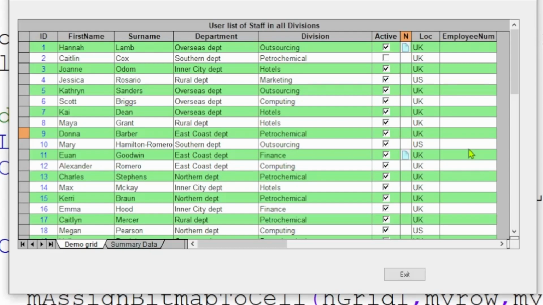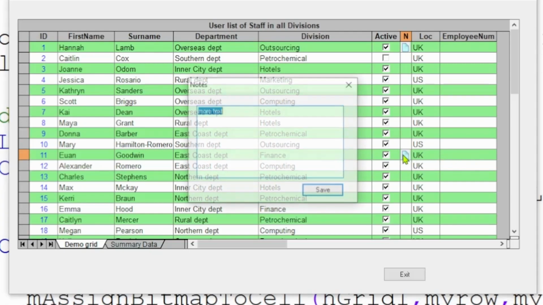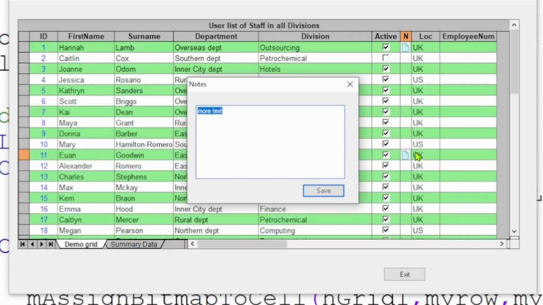So what we've achieved today is a mechanism by which we can use the graphic abilities of our grid to store a bitmap. And that bitmap can indicate that there is further information available on this particular entry on the grid. And we're using our event handler of the grid to allow the user to select, and we can trigger the launch of another dialog. While we're using this for a simple piece of text entry, clicking this could give us a dialog with many fields on it. So you could have a summary of information in the grid, and the detail information could be accessible using this approach.